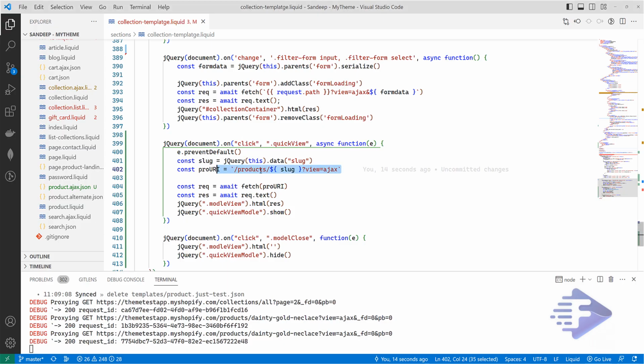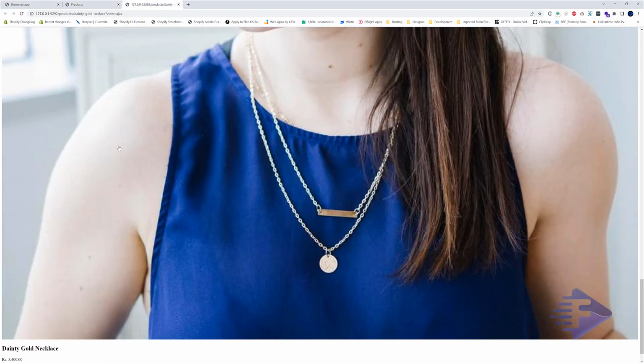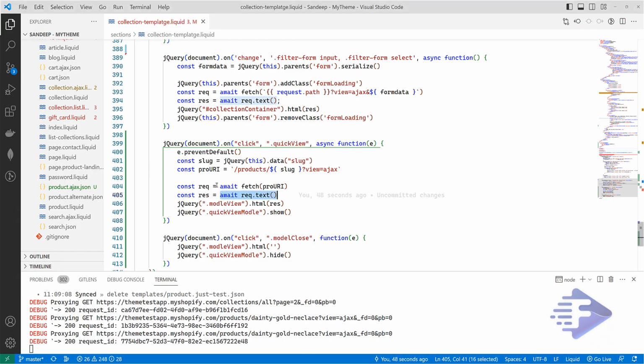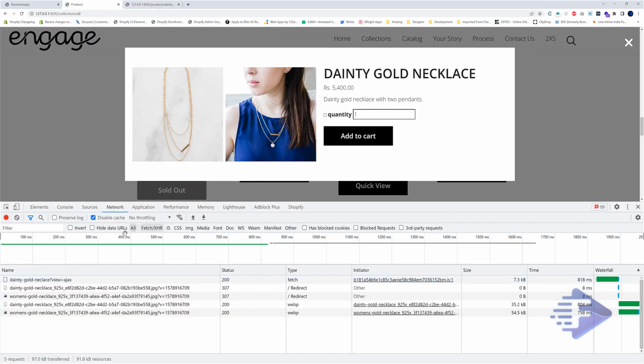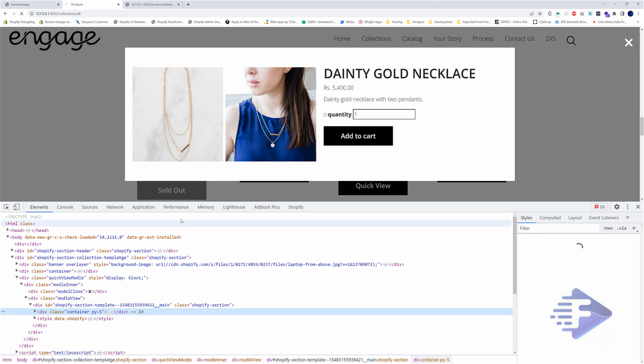So for that, what I do is create a fetch request, and whatever comes back in this request, I collect as text in this variable and then append it in our model view. So whatever is over here is appended in our model view, just like you see.